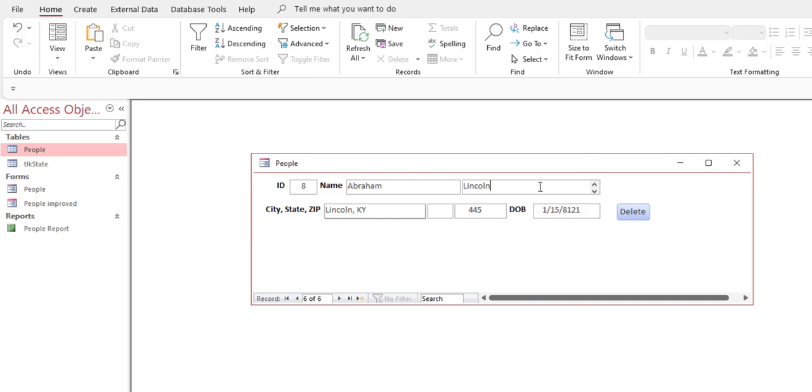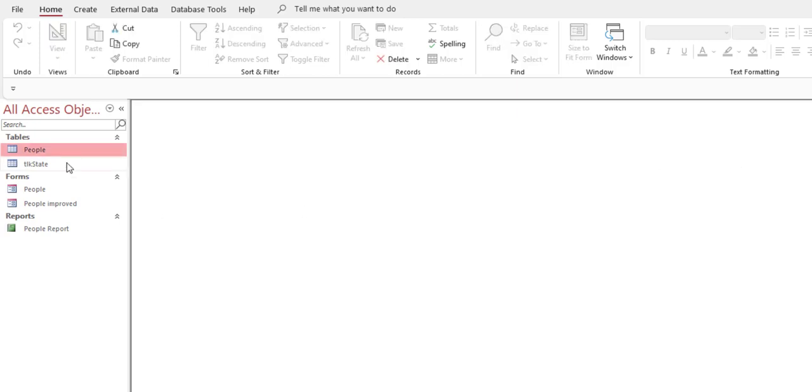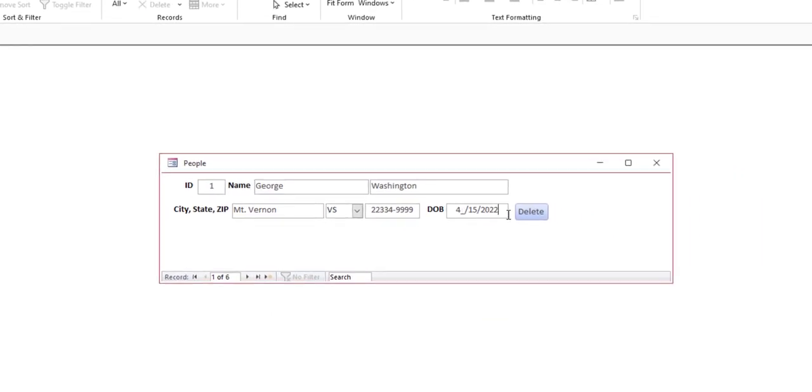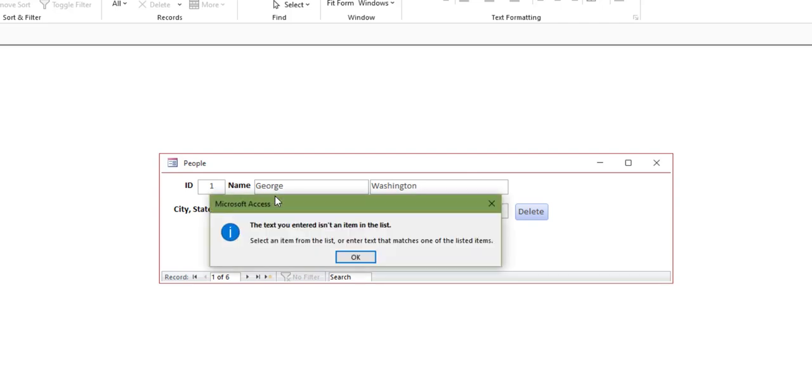Okay, so let's look at an alternate form that changes things a little bit. The name hasn't really changed. The city hasn't really changed. There's not much we can do with that. VS is still there because I entered it that way on the other form. Both forms are pulling from the same data. But if I try to put in a non-existent state, I don't know what BY is,